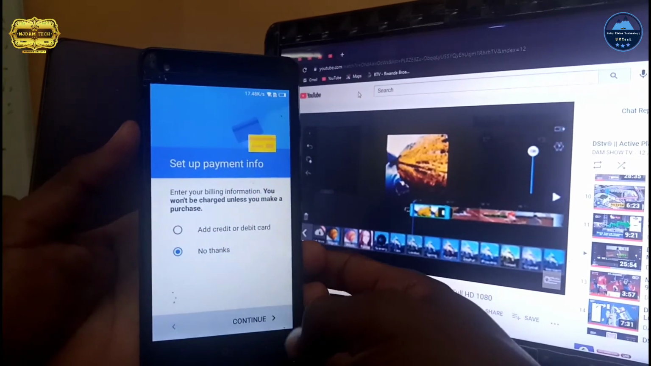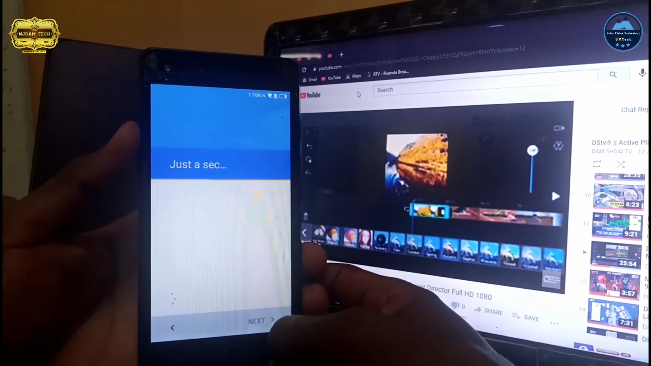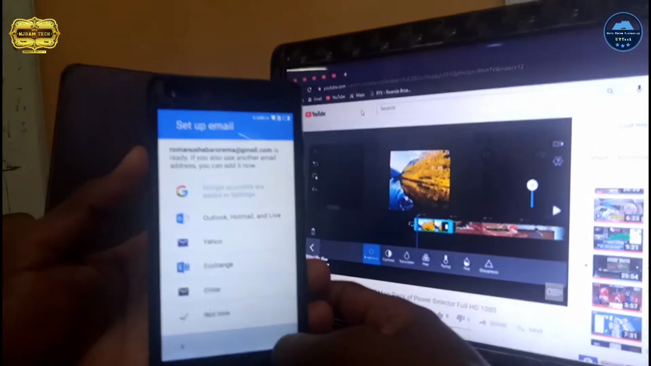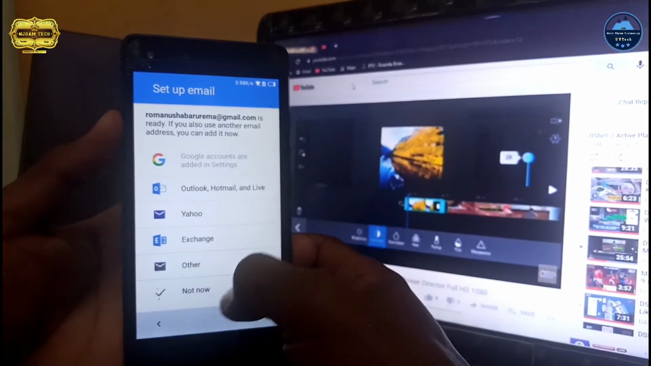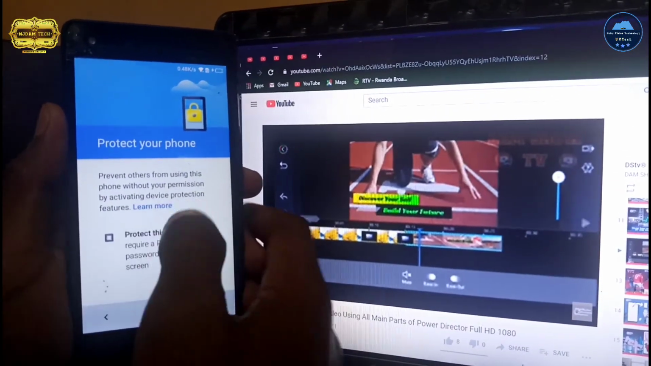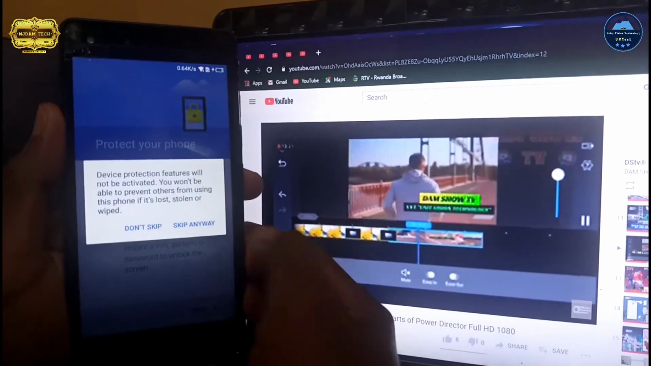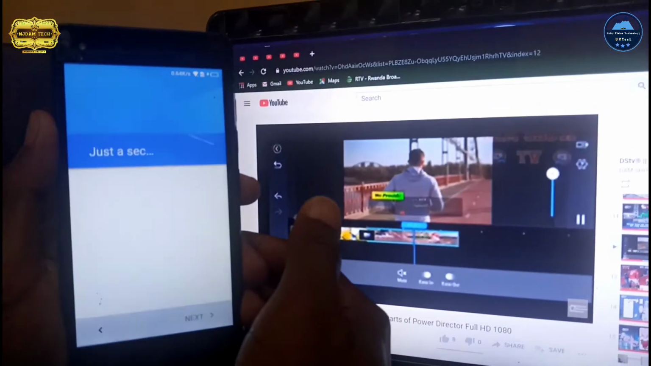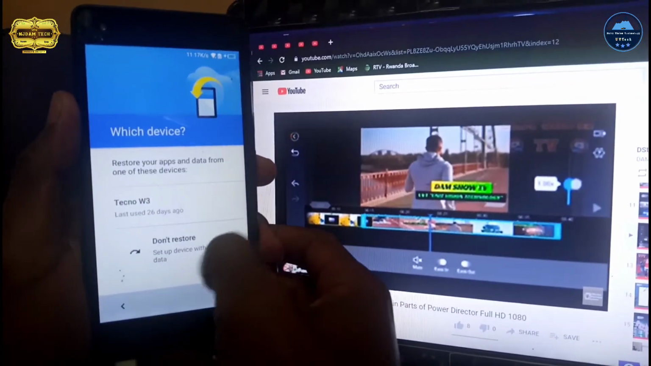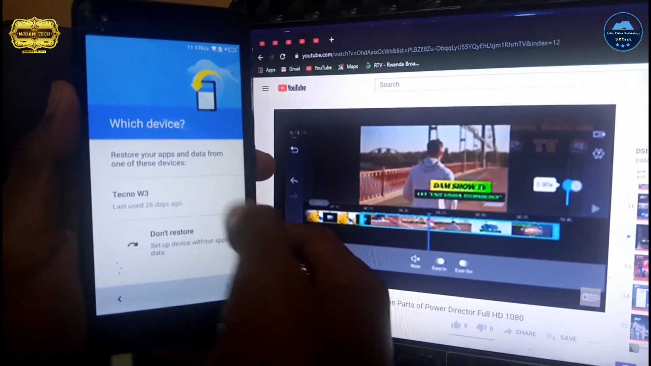After what you had before you reset your phone, you can set up another email. Let me choose not now because I don't need to add another. You can skip there, then I can choose don't restore, or I can restore by tapping